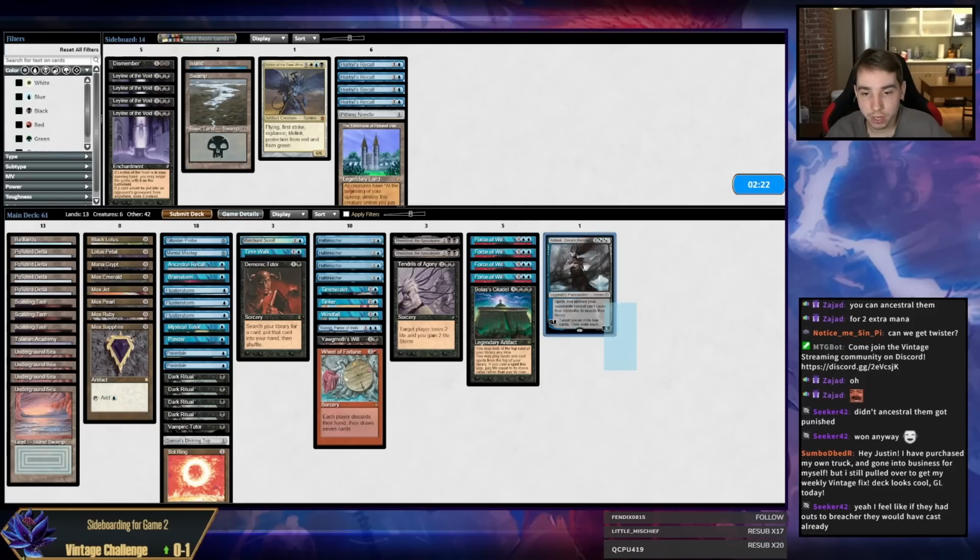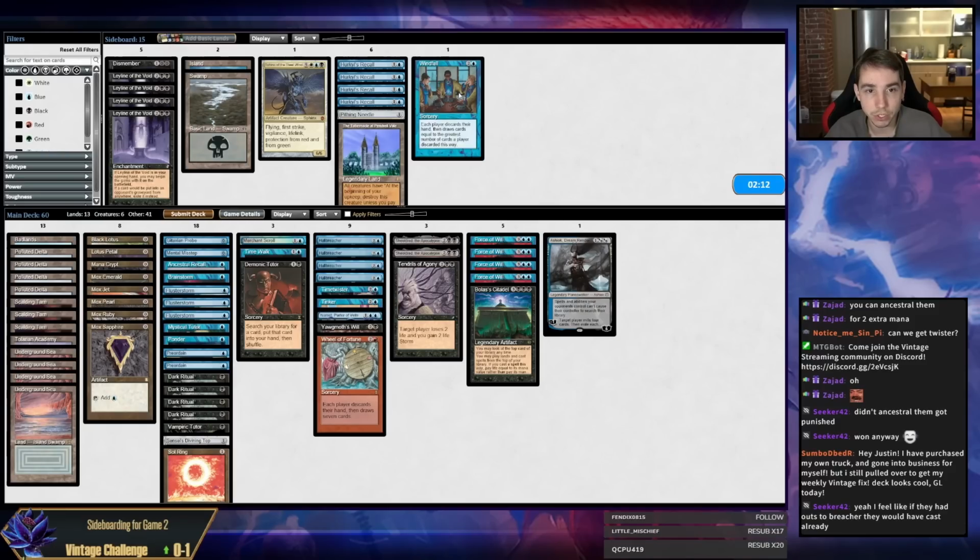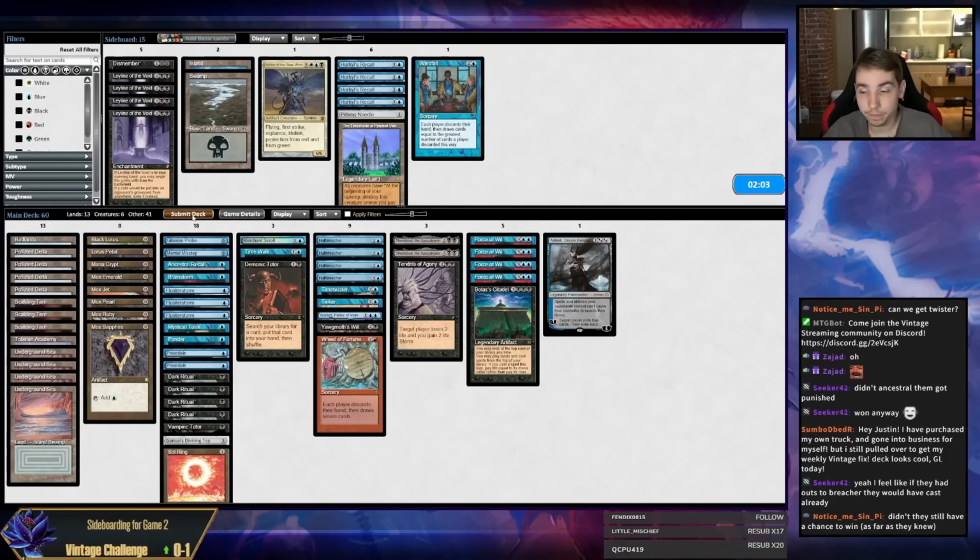All right, so Ashiok is great against Doomsday, and that's the only card. We're pretty much pre-boarded for Doomsday. I think we'll just take Windfall out on the draw for Ashiok, and then none of this other stuff looks good. I could maybe have a Dismember if they have something I would care about, but...